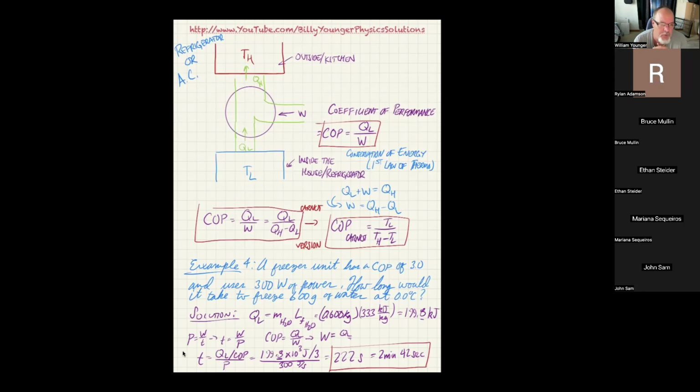Section 20-4-1 is where they talk about the SEER rating, and the SEER rating is heat removed in BTU divided by electrical input in watt hours. So that's just a fairly esoteric quantity that's used in the industry. But if you're going to become a mechanical engineer or probably a civil engineer, there's going to be times where that kind of thing becomes relevant. It's not unheard of for a mechanical engineer to do the ventilation system for a commercial building or something like that. So that's something you've got to keep in mind. But you can always come back to it in this particular book or any other book at a later time.